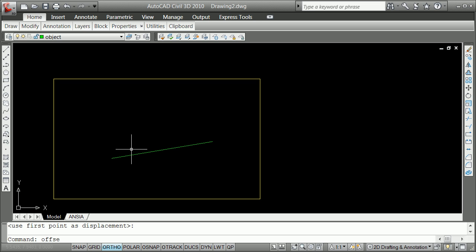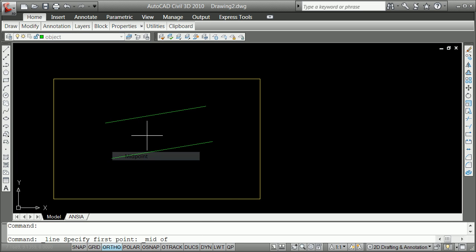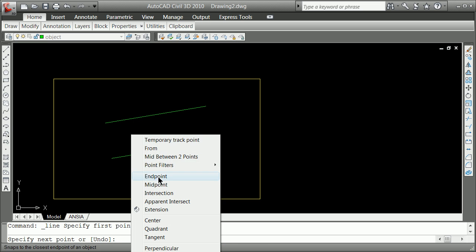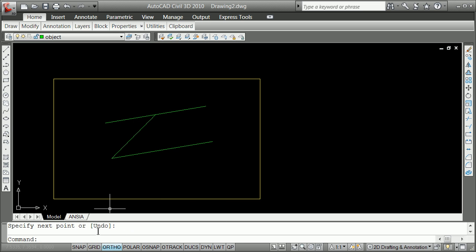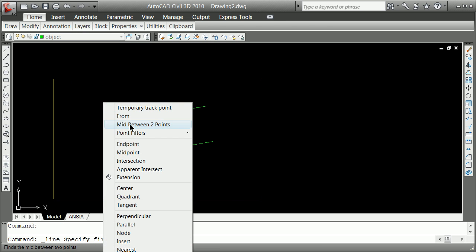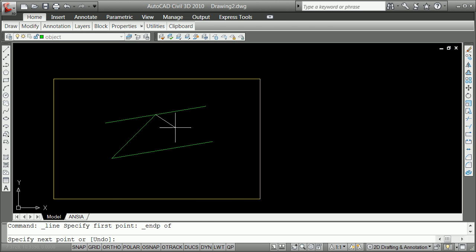I'm going to offset a distance of 3. I'm going to draw a line from the midpoint to the end point, and I notice even with my object snaps on, my ortho snaps, the line still goes. Line from the end point to the end point. And I might also want to put a center line in there, so I could offset